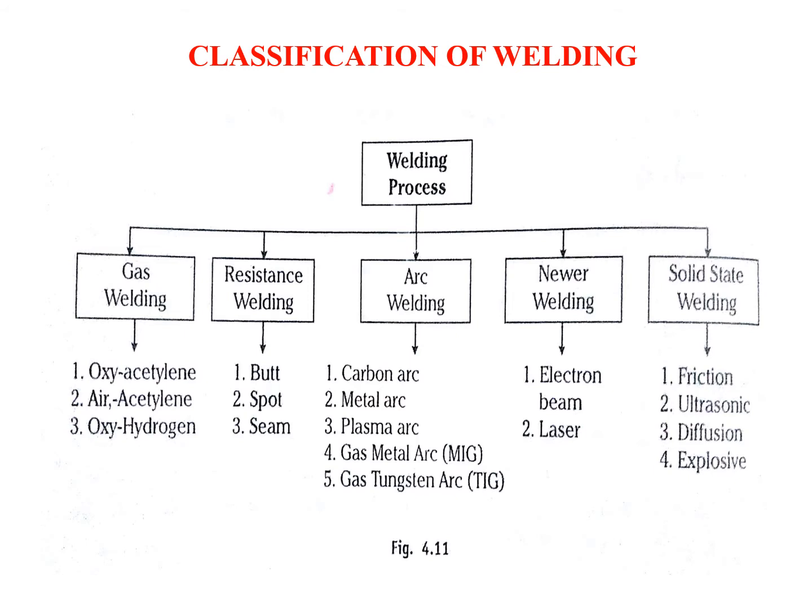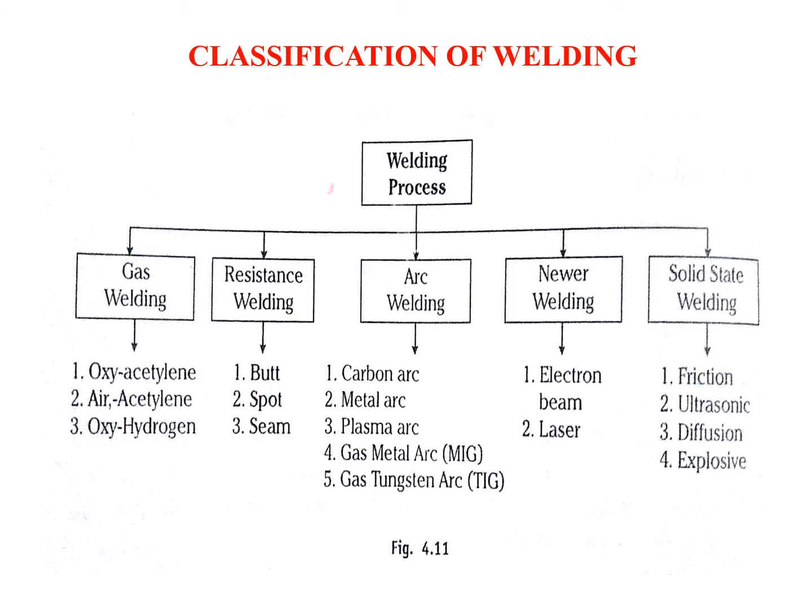In resistance welding we use current, and the resistance of the material is used, and in that we have three types. First one is butt welding, second one is spot welding, and the third one is seam welding. And then comes the third one, arc welding, which is the most